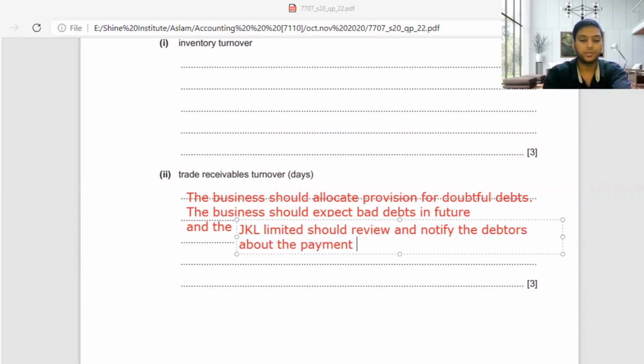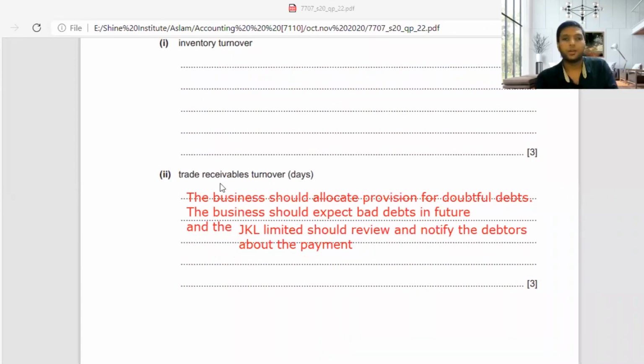So these are basic stuff they should have done, but they didn't do it. That's the reason it should have been notified the debtors about the payment. So these are stuffs they should have done actually, but they couldn't. That's the reason it is today in this point. Okay, so I have given you what would affect, what has actually happened on the particular way of recording, why it has gone to this level. I have given you a correct idea.